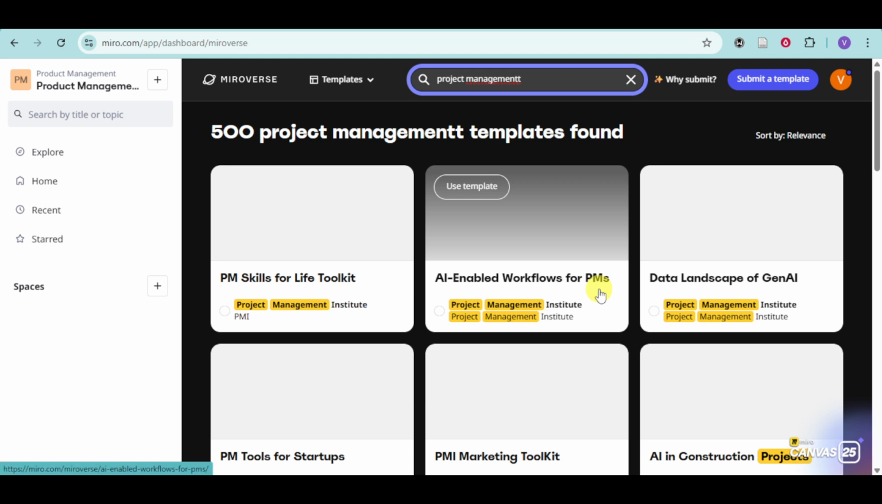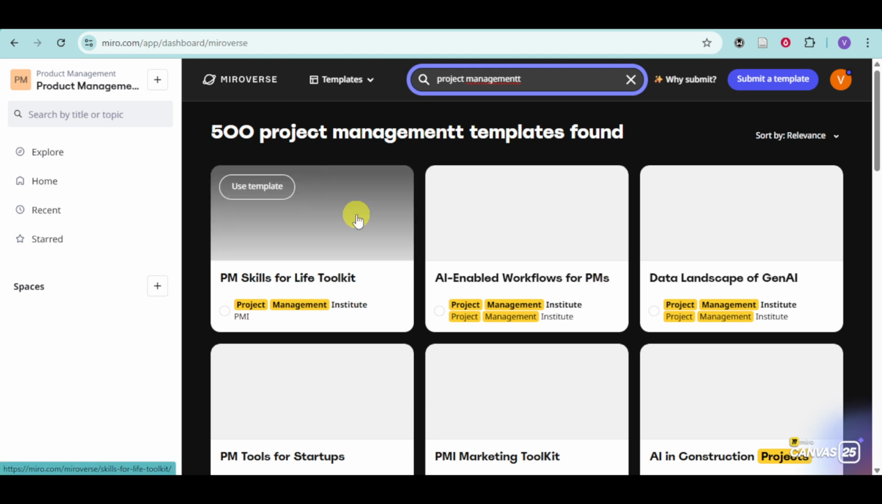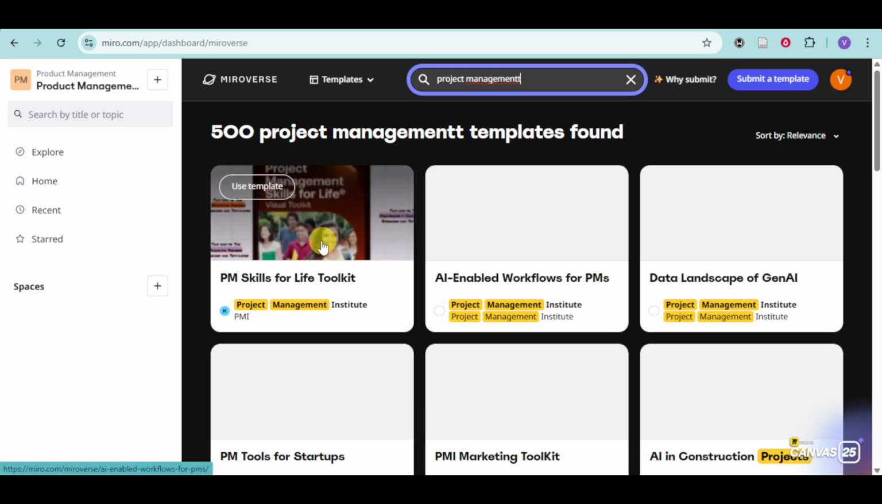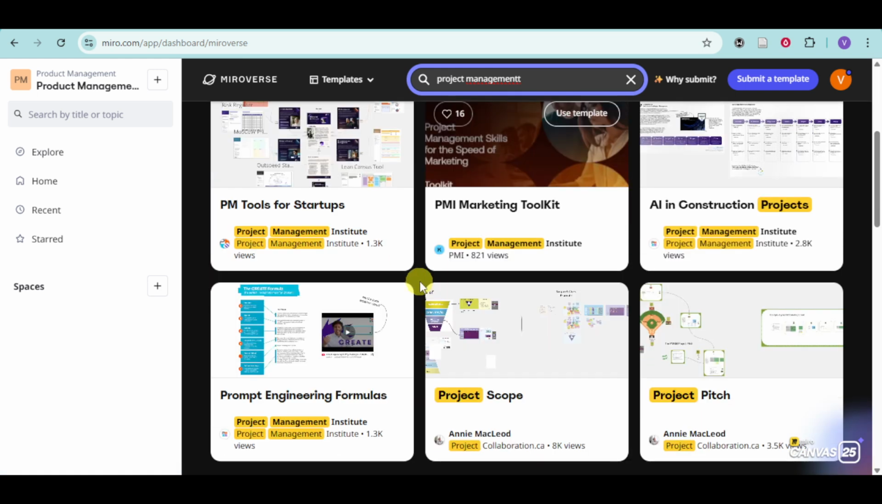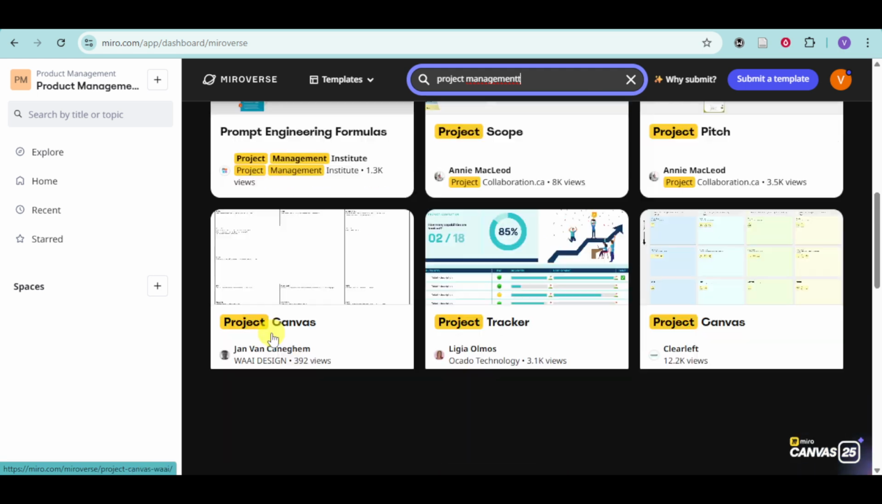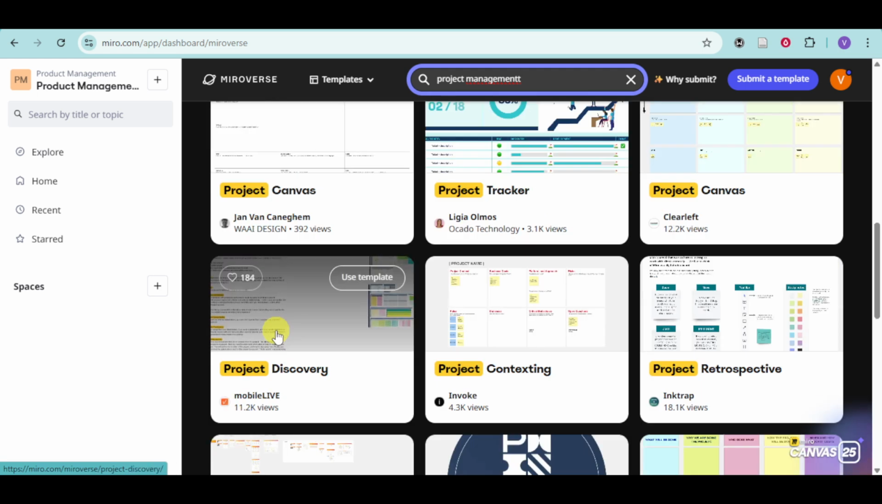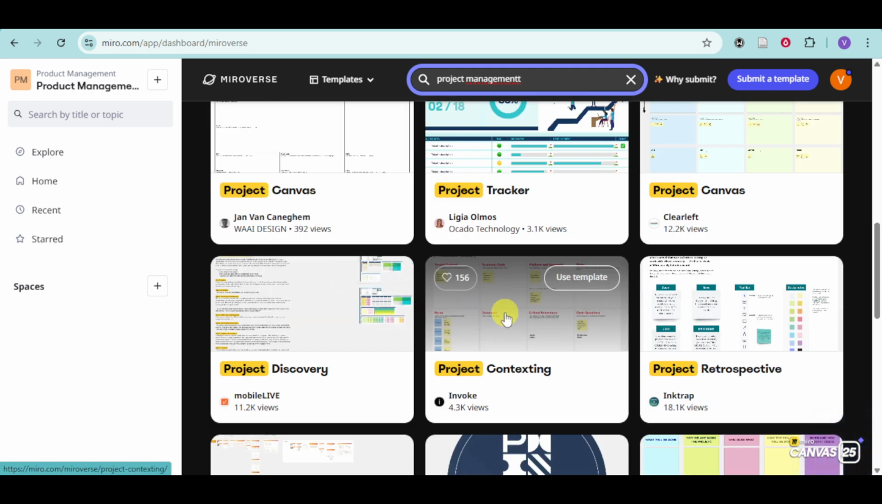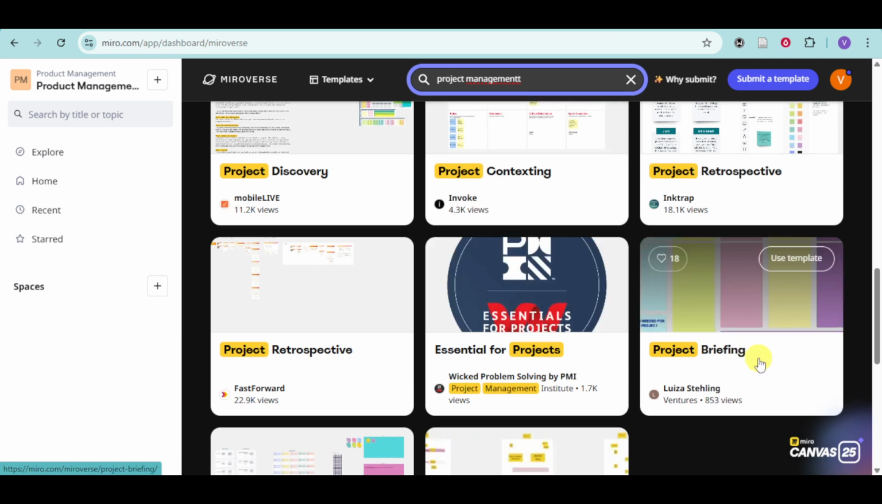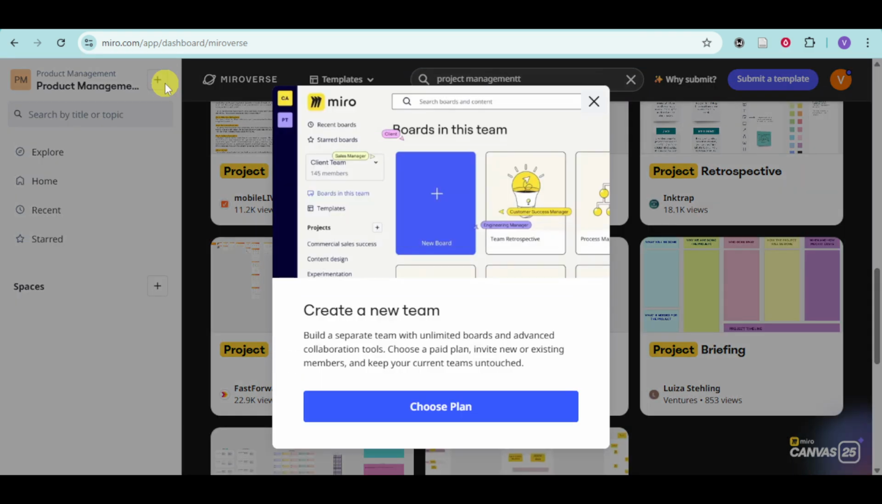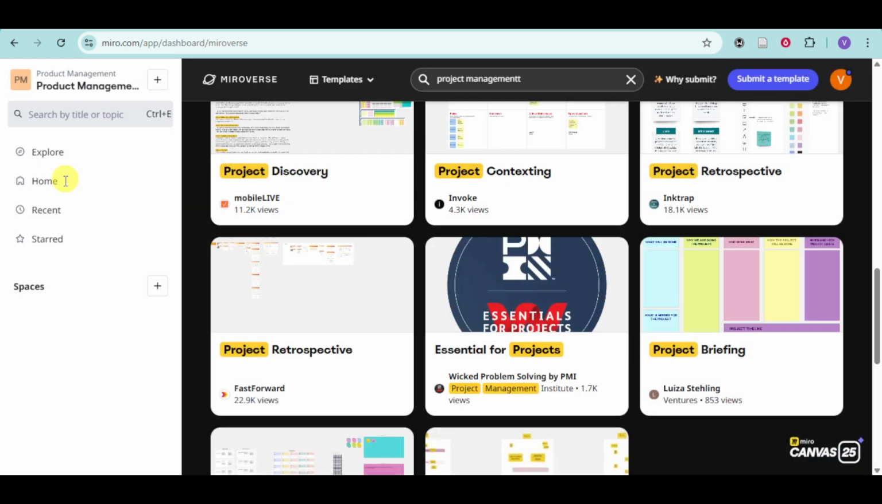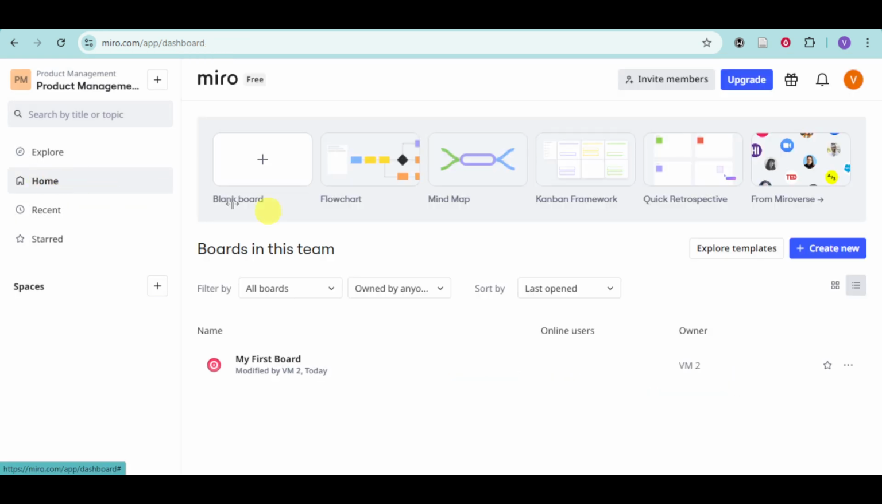So just wait for this to successfully load and it will show you the templates that we have available. We have toolkits as well as other options like prompt engineering, project pitch, and the likes. So technically you can use this project contexting as well as this project briefing however you want. Now, if you want to start from scratch, you can also click on this plus icon and create a new theme if you want. Or you can also create a new blank board by just using this